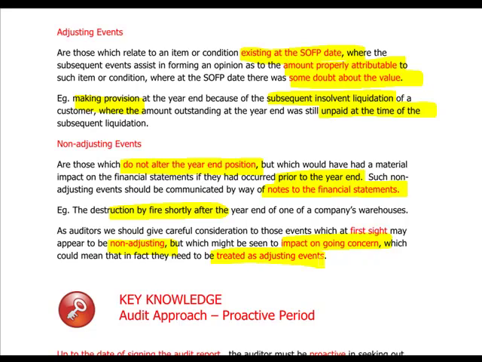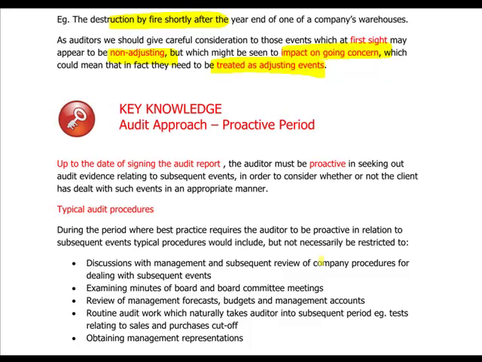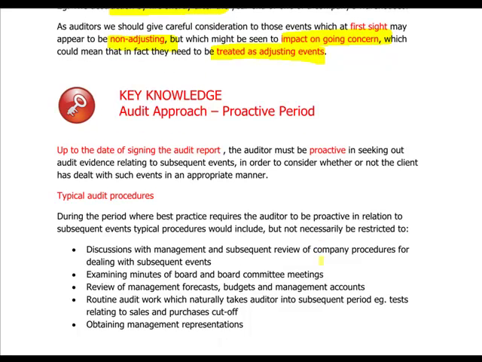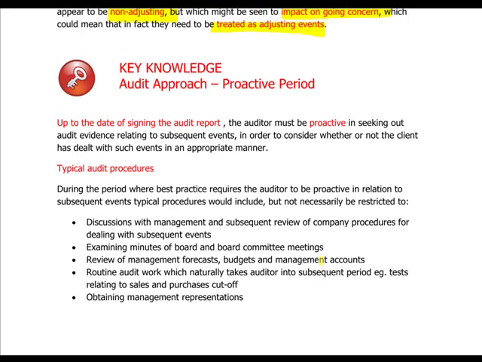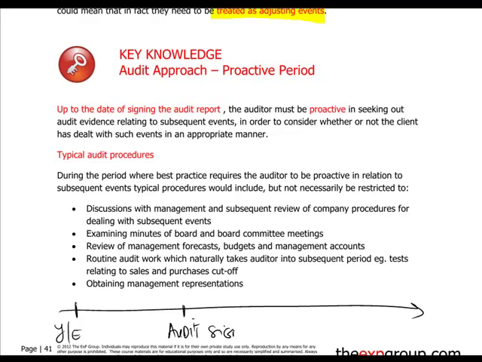Now, in terms of the auditor, we can discuss something that's called the proactive period and the reactive period. What are these two things about? I'll just make a short graph here for you. Let's say this is the year end. This is the timeline, the year end of the company. This is where the auditor is signing the report. So there is an audit report signed. There is a financial statement being authorized for issue. Yes, and there is an AGM.